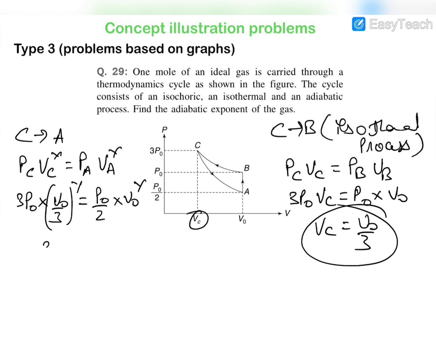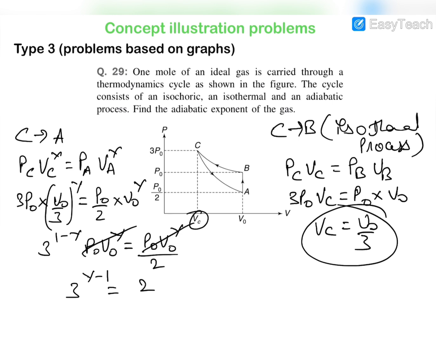So you can see that it is 3 to the power 1 minus gamma, P naught V naught to the power gamma, and that is equal to P naught V naught to the power gamma divided by 2. So cancelling this, you can see that 3 to the power gamma minus 1